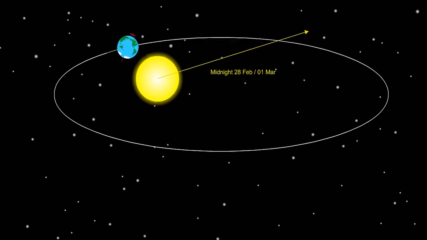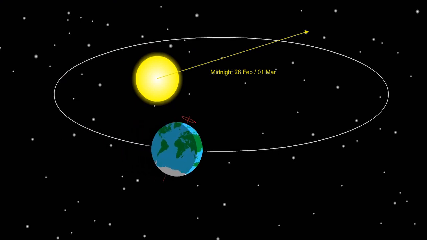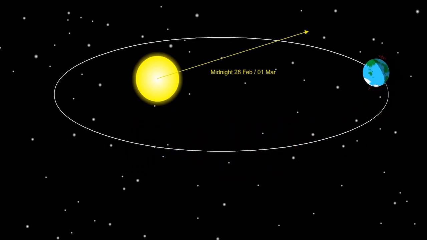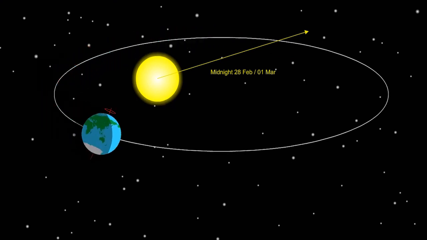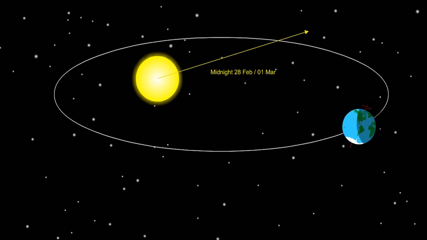After 2 years, it will be 12 hours short. After 3 years, it will be 18 hours short. And after 4 years, it will be 1 day short of its previous position. We now add the 29th of February to the calendar, and the Earth catches up to its position of 4 years ago. The calendar is back in phase with the tropical year.